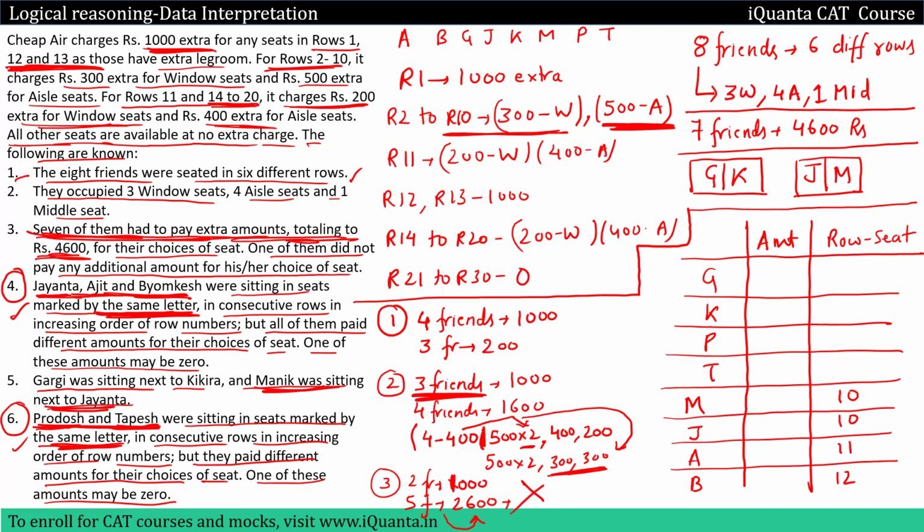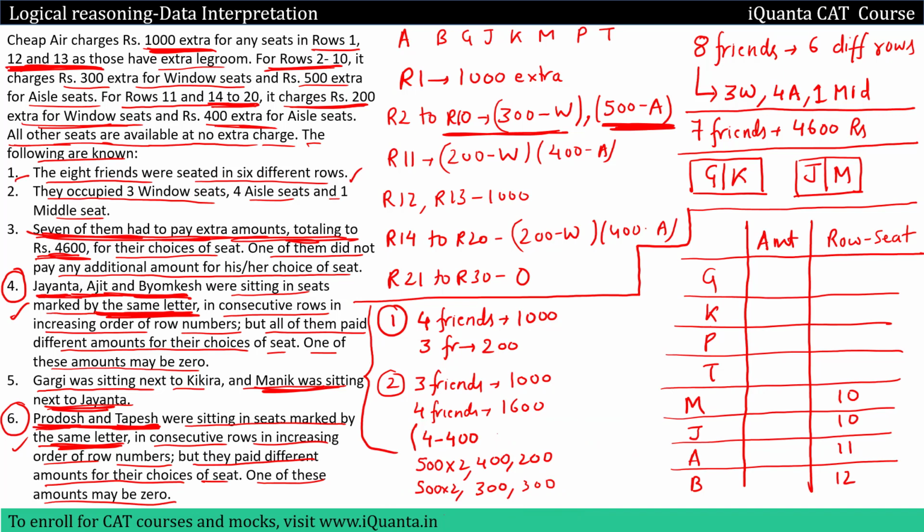If we go below it, that means we make a fourth case in which one friend will pay 1000 rupees. Then you will see that again other 6 friends will have to pay how much? 3600. So in that case also one will have to pay more than 500. So that case is also impossible. So we'll be left with only this much. That means these 2 cases, this one would be totally gone. So these are the cases we are left with.